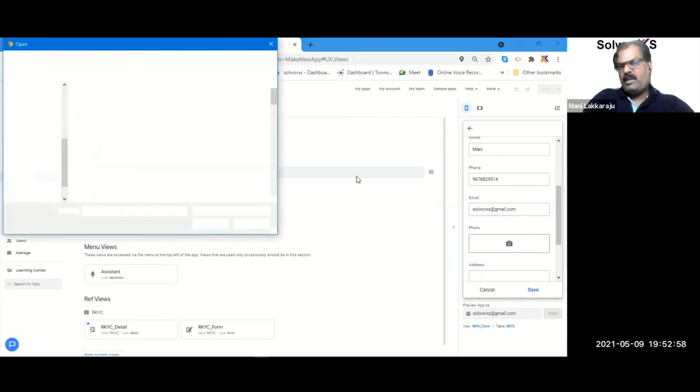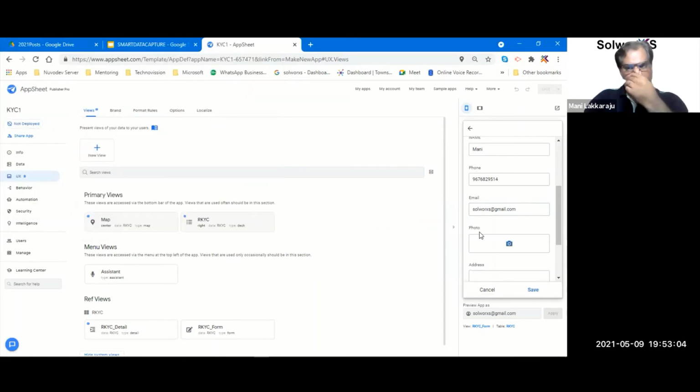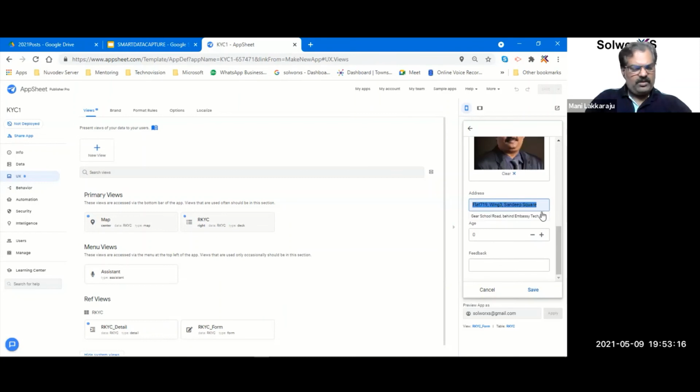If I'm using a mobile device, it will ask to capture the picture live, right? Since I'm using a desktop, it uses the pictures that I can see, right? And then address. Here, it already identifies the address, so I don't need to literally type. Or if I want to type the address, it also identifies. I'll just say Martha Halli, that's it. It identifies the address at a very high level because it uses the Google Address API to bring up the data,